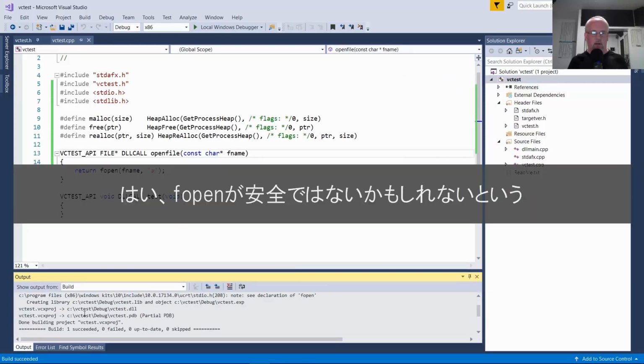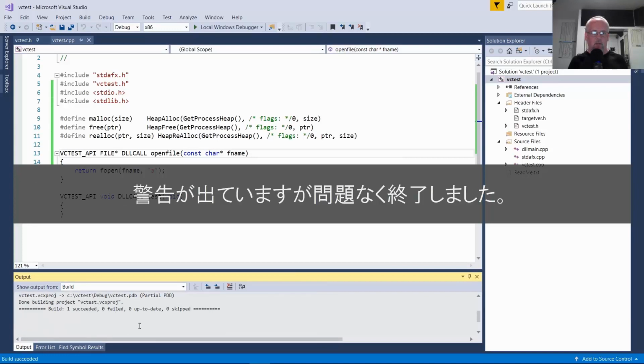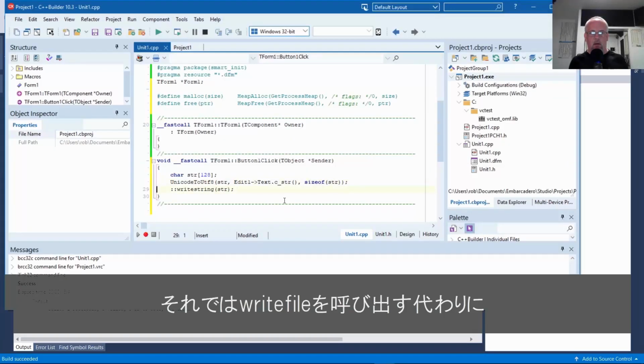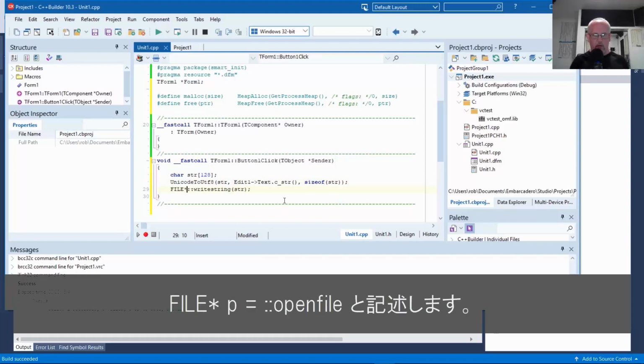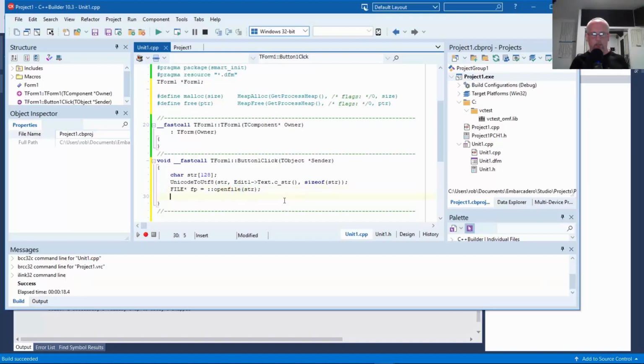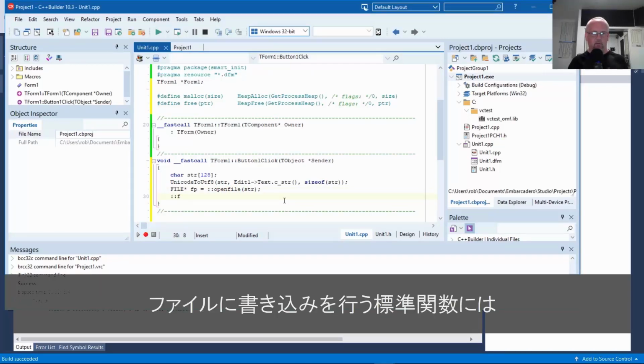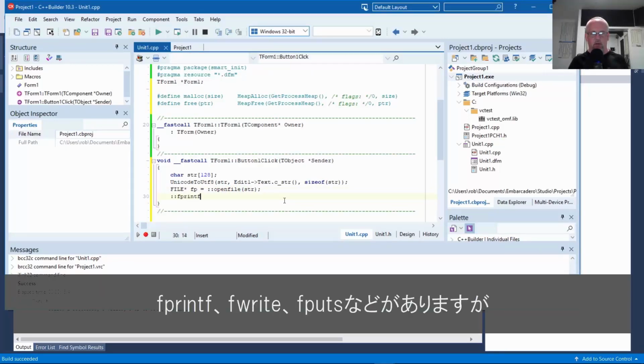Okay, we got a warning about fopen being unsafe, and then everything succeeded. So now, rather than calling write file, we're going to call that open file. So we call file pointer fp equals openFile. And the standard functions to write to a file are like fprintf.